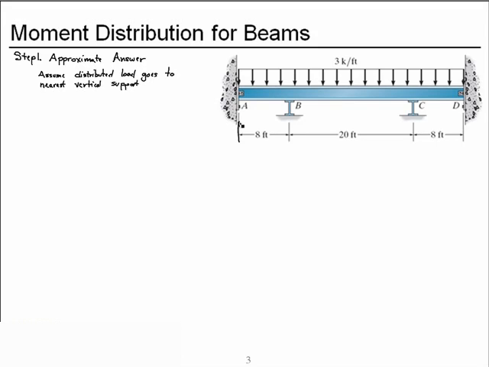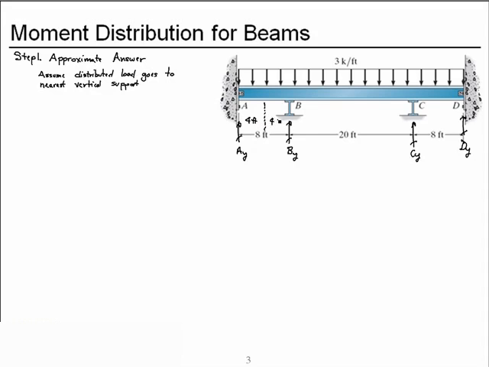We have 4 vertical supports in this case: AY, BY, CY, and DY. And if the distributed load goes to the nearest one,